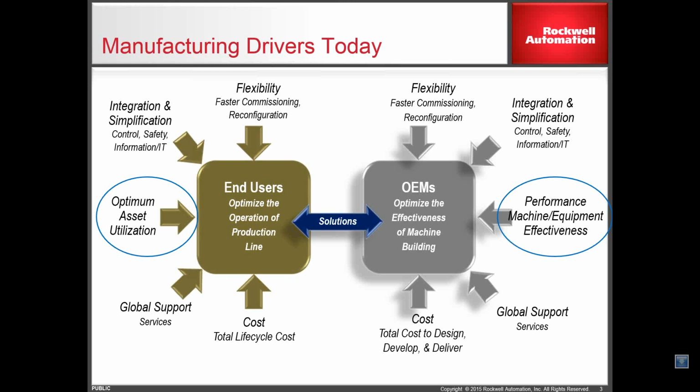While the difference between end users and machine builders may seem obvious, there is actually significant commonality between the two in terms of business drivers. For example, integration and simplification, right? Integration, simplification and flexibility are essential drivers for both customer types. So end users and OEMs both need integration and simplification, because this is a need of both communities, right? But when putting a new line in a production facility for developing a machine, there is a need for flexibility and a scalable architecture.